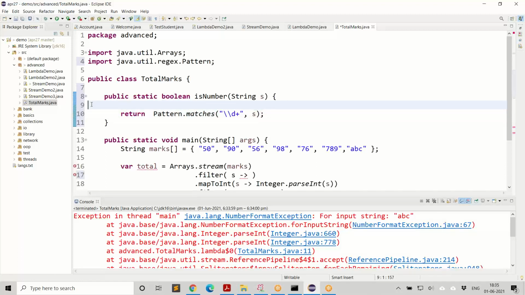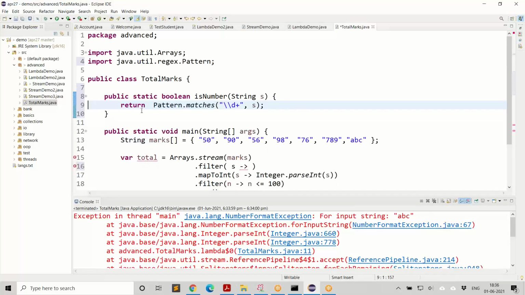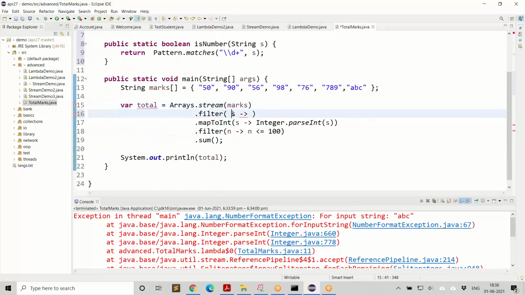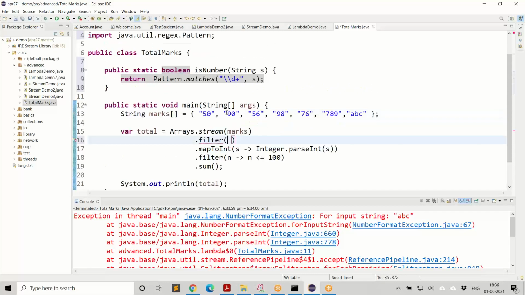You don't need to even create a function like this. You can directly use this expression here. But if you create a function, the advantage is you can add more functionality later. You can add a lot more to that. And instead of just going with that, you can think of more. In fact, you can say consider only one or two digits. Anything more than two digits, you can simply ignore. Such additional things can be added there. For now, I can directly call it. How do you call it? You have to use, again, TotalMarks double colon isNumber.